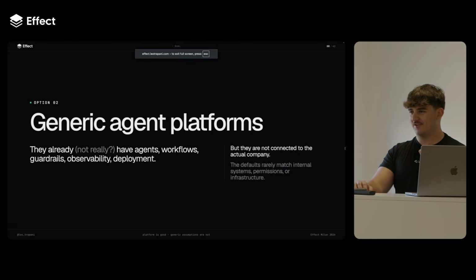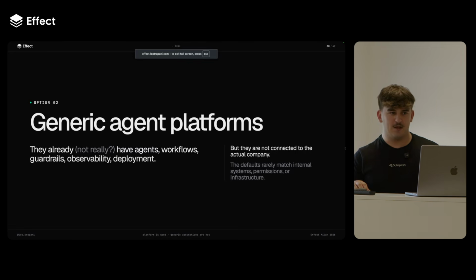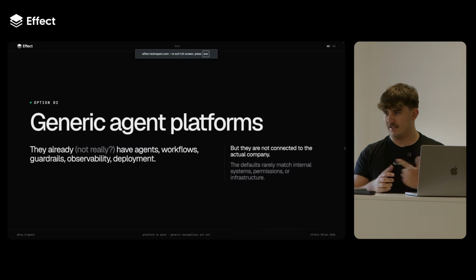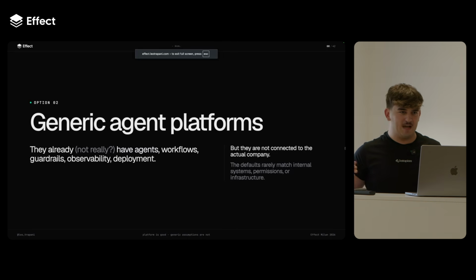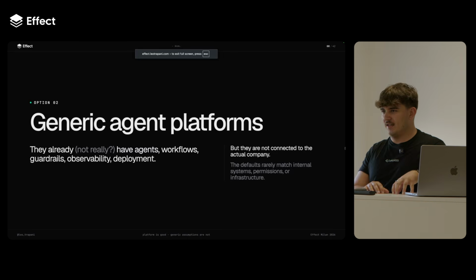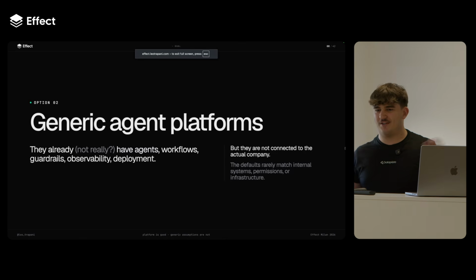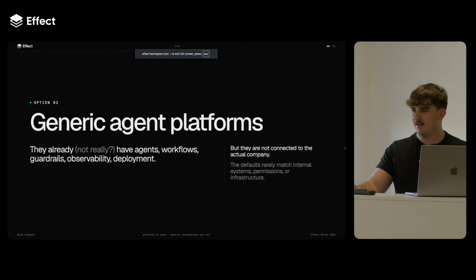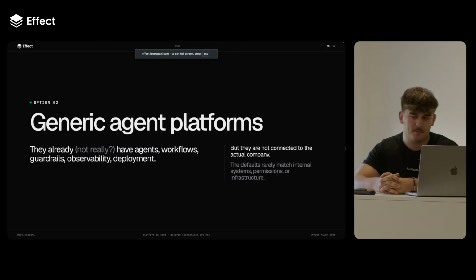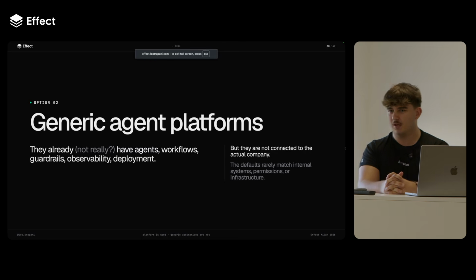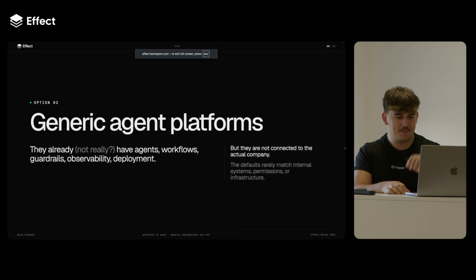The problem is that they're not really integrated into the company. It's very hard to, first of all, self-host it, but second of all, integrate it into the company infrastructure. And as we all know, businesses rarely use standard software like Jira. In Italy, it's even more than the average, I'm pretty sure. They always have a custom API that you can access only if you live in Africa, for example.